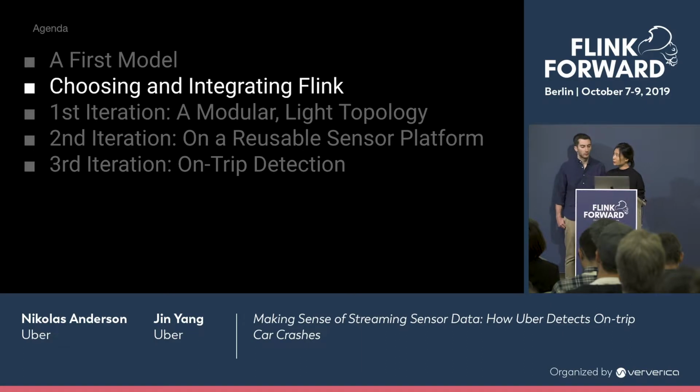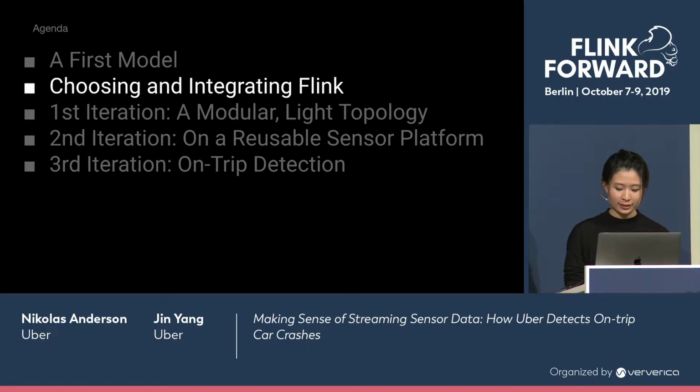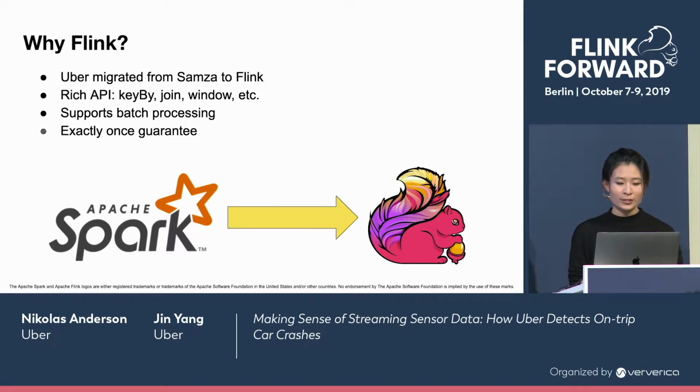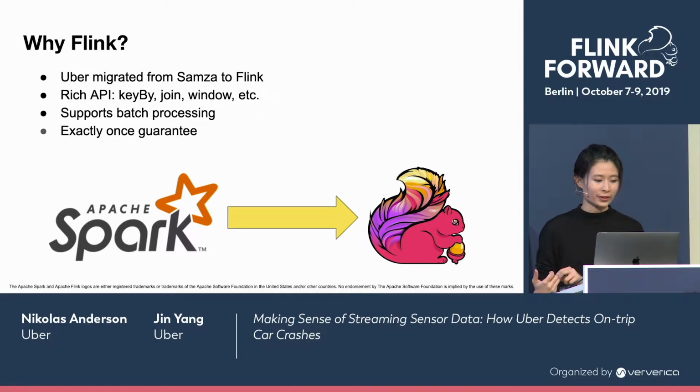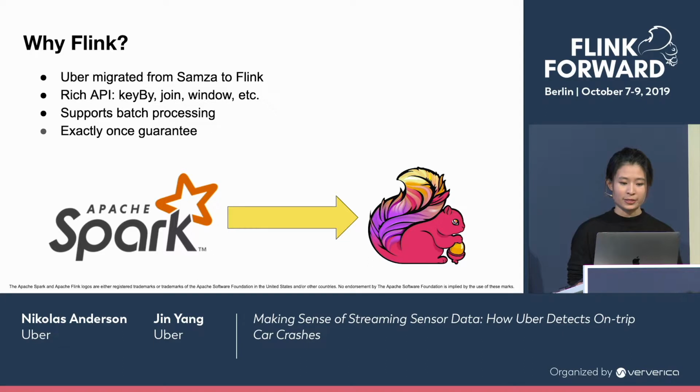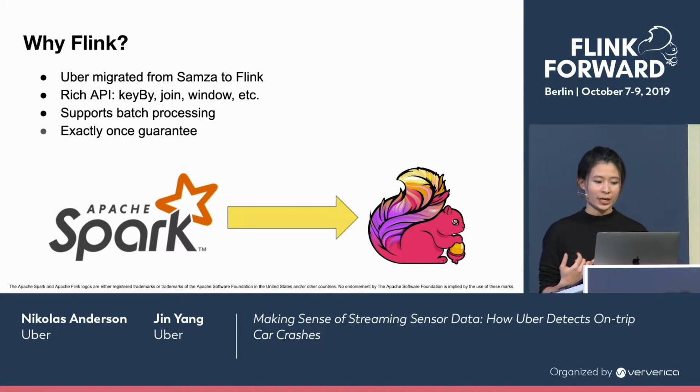Now, let's move on to choosing and integrating with Flink. For our service, it is really easy for us to say that we choose Flink, because at that time when we were migrating to a streaming service, Uber also migrated from Samza to Flink. And the reason that Uber chose Flink over Samza is for its rich APIs such as key by, join, and